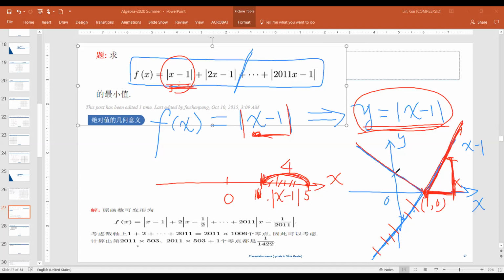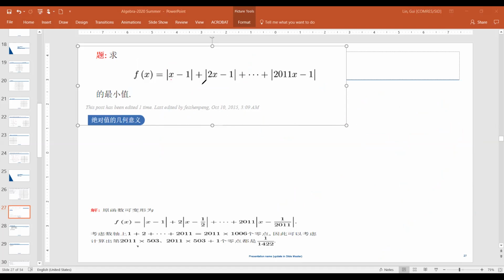Okay. So something like, give any number here. The distance from here to the 0 is this part. Actually, we give its value to y. Right? This part and this part are the same. So the objective of this one is the distance from any x to the dot 1. All right. So if there are 2 of them,